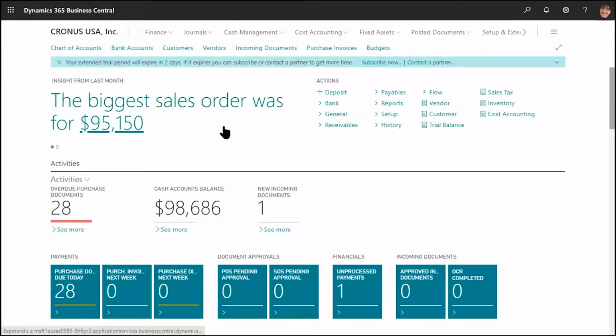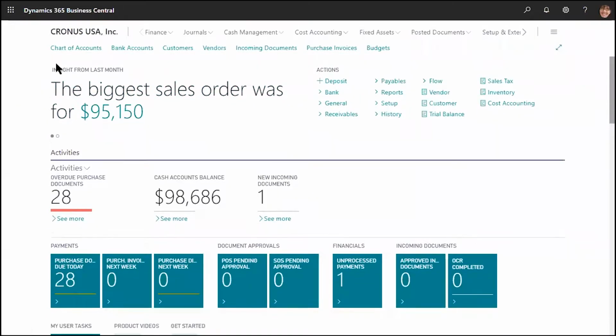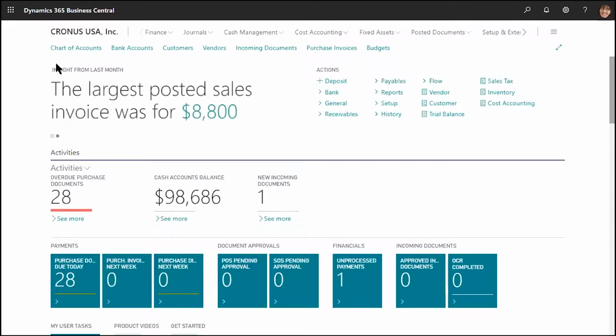It hasn't been like that. What we do is just add dimensions. So you don't have to create new GL accounts, just add different dimensions for your different types of analysis and leave your chart of accounts small, right? Once you get that part,